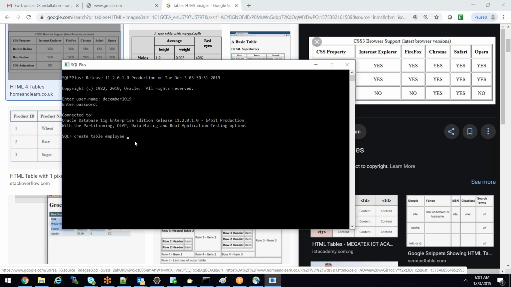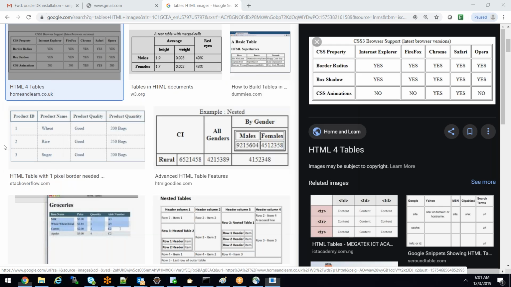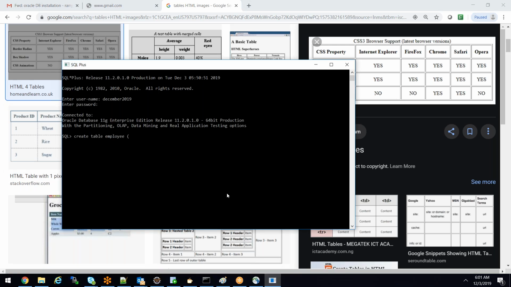Here you can give the name. In the earlier example, there were 4 columns: the first column name is product ID, the second is product name, the third is product quality, and the fourth is product quantity. Similarly, whatever table I create, I have to tell what the column names are. So EMP ID, employee ID, is the first column,